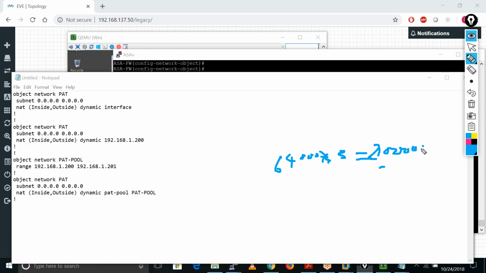And you only have 2 public IPs and 1 public IP on the interface. Okay, 1 public IP on the interface, and you have 2 public IPs as well.